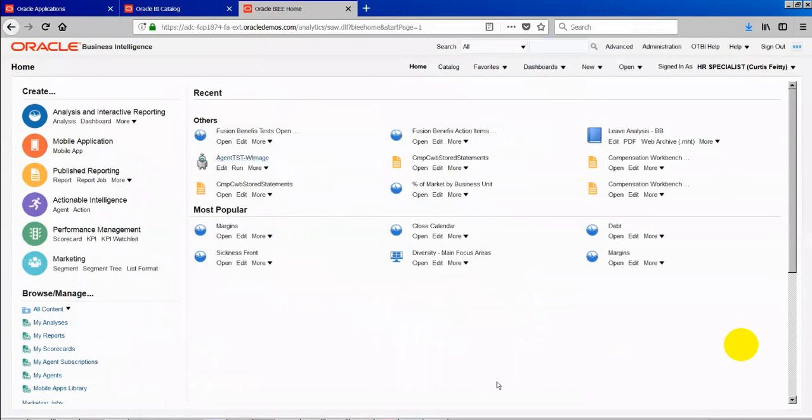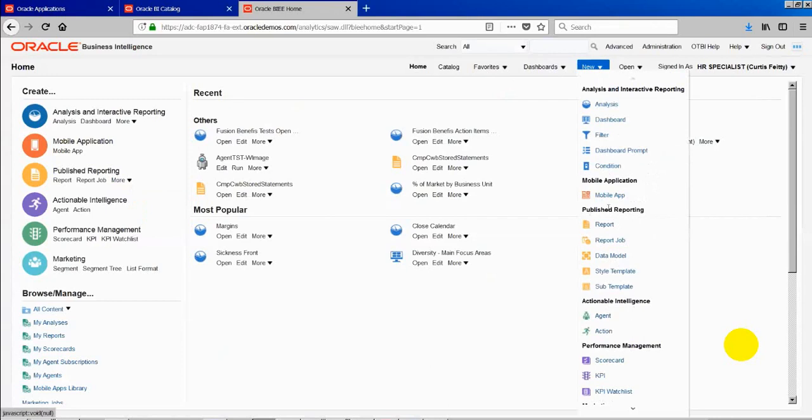But if you need to write queries here, the place is the BI Publisher data model, where we can write our native SQL queries. Where is the BI Publisher data model? It will be in two places: under Publisher reporting, or under New, Publisher reporting and data model.